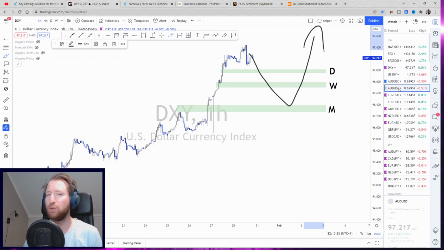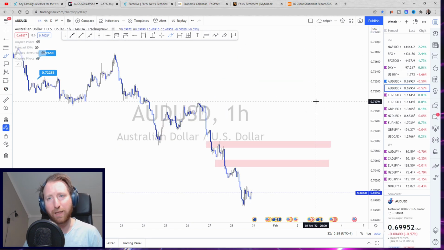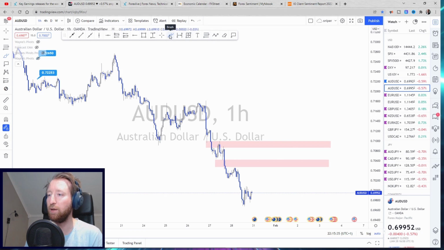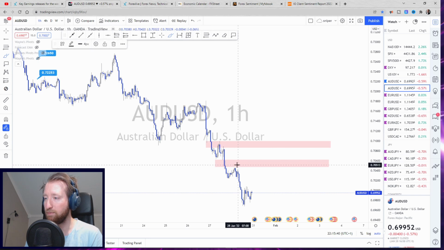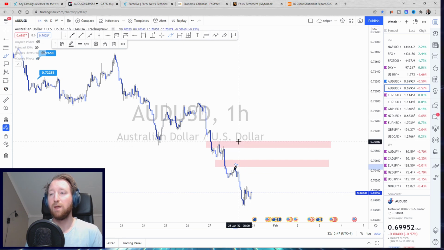And when you come into pairs like Aussie, how far do we go? Where do we go? When you do simple price action and you're thinking, okay, where's the previous support? Where's the previous resistance? This was resistance at around 0.7050, and the next one is 0.71. Now, those are very good levels, but that is over 100 pips away from the current level. So how do you deal with that? First of all, you have to have a two-way strategy. One aggressive, one more